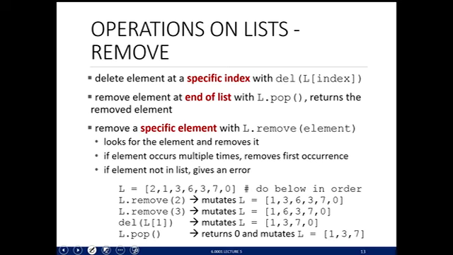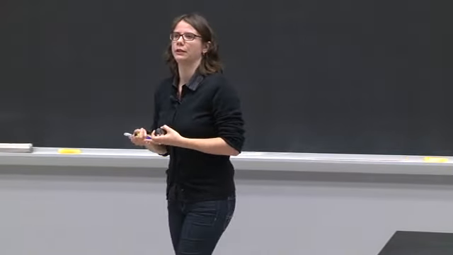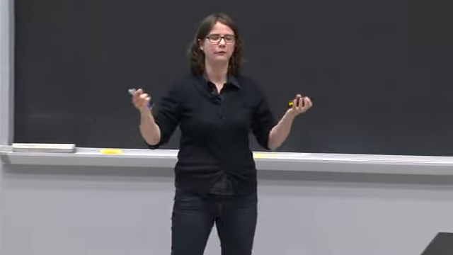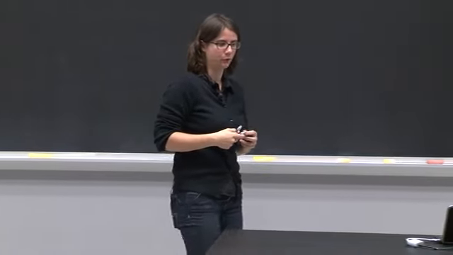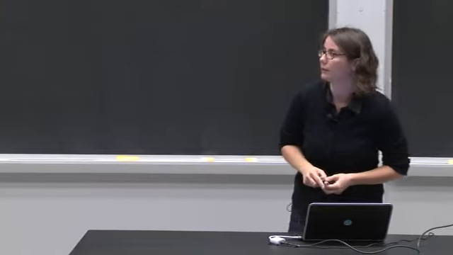If you want to remove a specific element, so you know there's somewhere in your list there's the number 5, and you want to delete it from the list, then you say L.remove, and you say what element you want to remove. And that only removes the very first occurrence of it. So if there's 2 5s in your list, then it's only going to remove the very first one. Okay? So let's take a look at this sort of sequence of